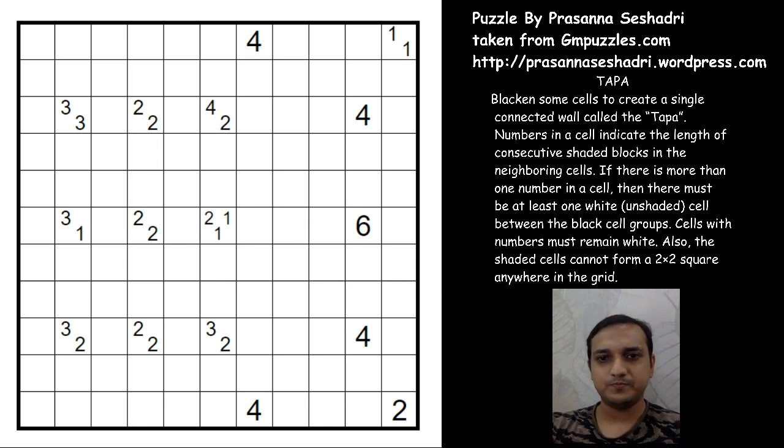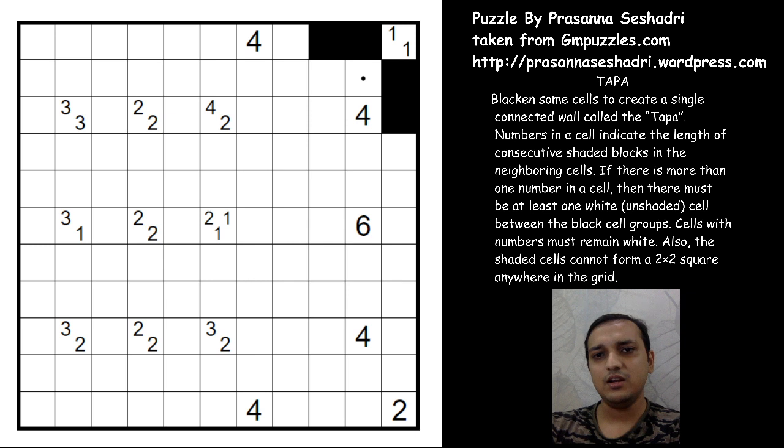Now coming on to the puzzle, let us solve this puzzle. So if you see a 1 1 here, you'll have only one possible case. We have to unshade this cell, and only one possible case is this one, right? So once this is unshaded, and for this 4, 1, 2, 3 and 4 continuous cells are shaded now. So we can unshade this too.